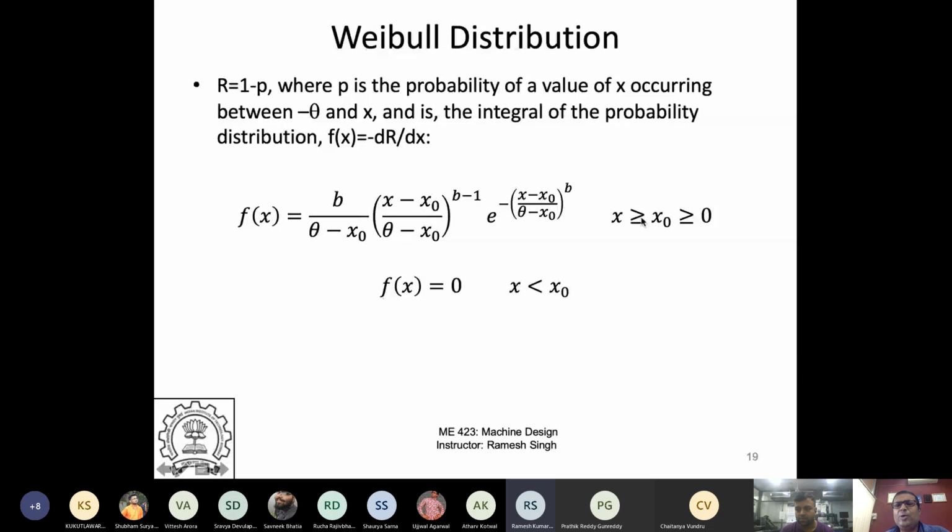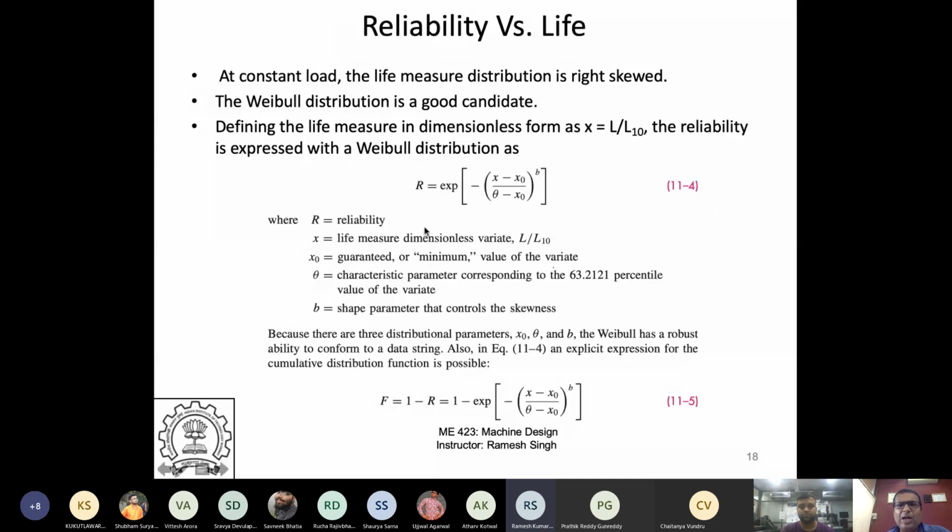Basically, we identify x naught as the minimum life. x is defined as L over L10. R is reliability, which is defined as exponential of minus (x minus x naught over theta minus x naught) to the power b. So x is a life measured dimensionless variate, a function of L divided by L10.